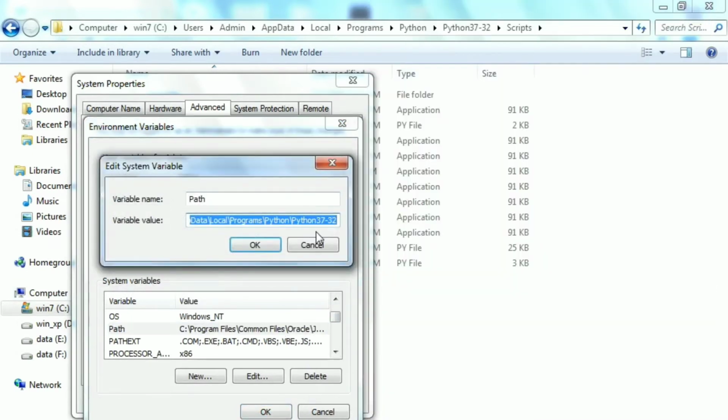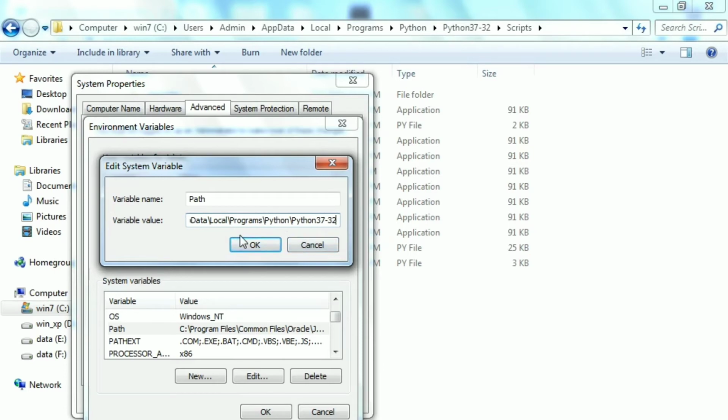Click on that. Now be extremely careful with each step that you perform. I already have my path set, so I'm not doing it again, but just listen very carefully. Go right at the end of the line, put a semicolon and then just press Ctrl V. That will give you the path.